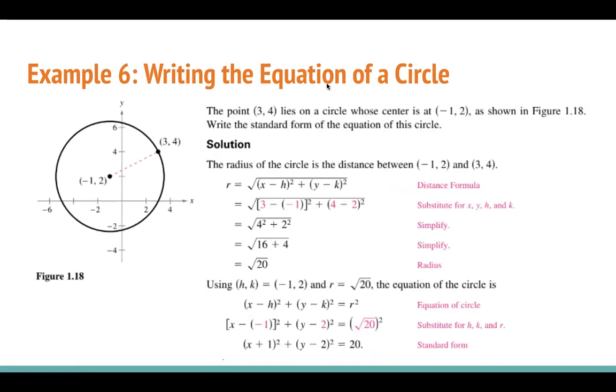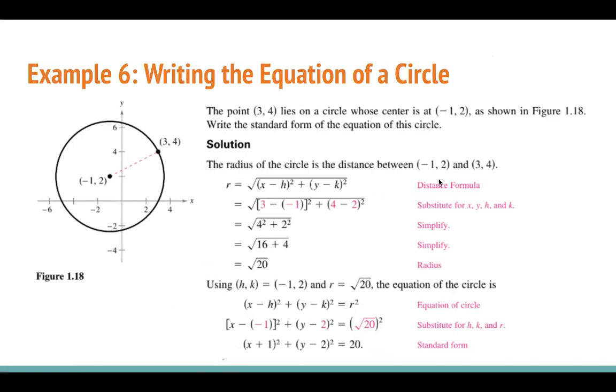Example 6. Writing the equation of a circle. The point (3, 4) lies on the circle whose center is at (-1, 2), as shown in figure 1.18. Write the standard form of the equation of the circle. So the radius of the circle is the distance between (-1, 2) and (3, 4). So we're going to plug in